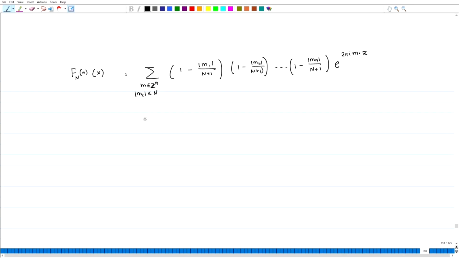Again with a similar kind of argument as in dimension 1, one can show that this is the product over j equal to 1 to n of sin square of (pi (n+1) x_j) divided by sin square (pi x_j). F_n is a good kernel